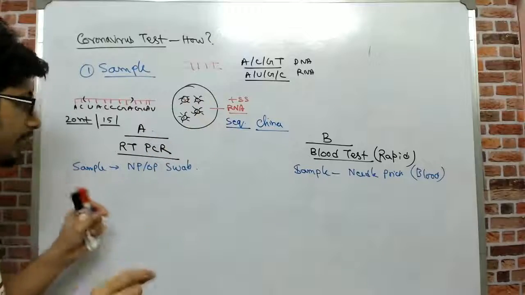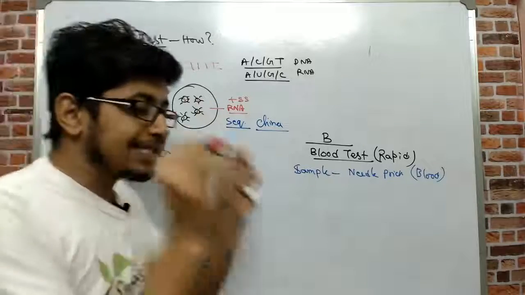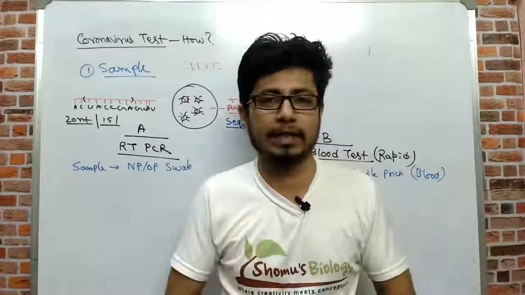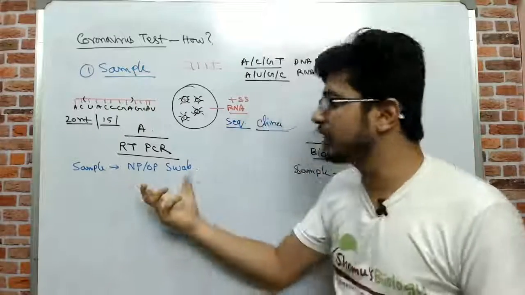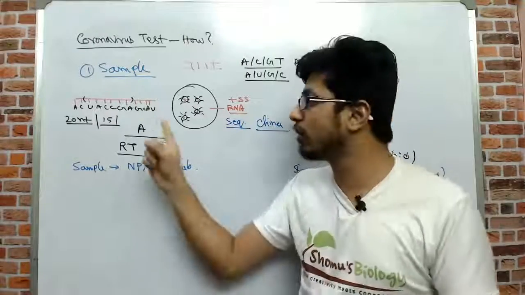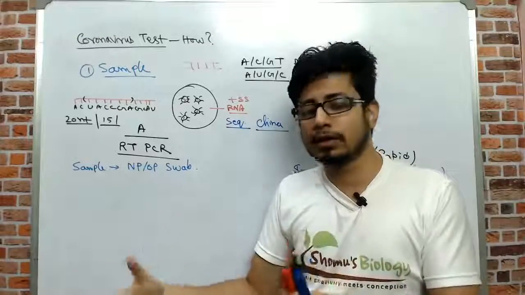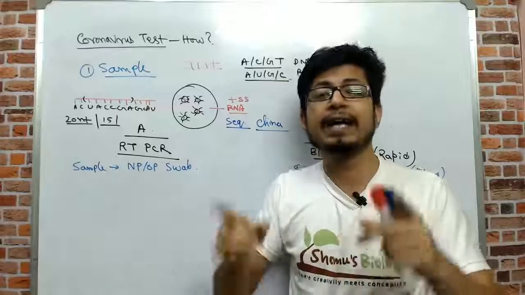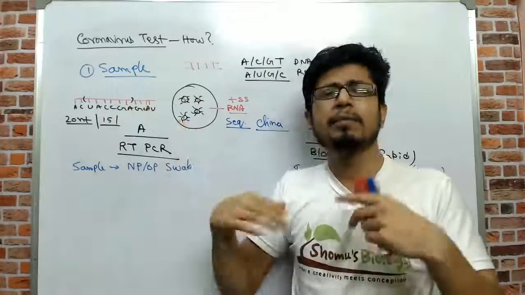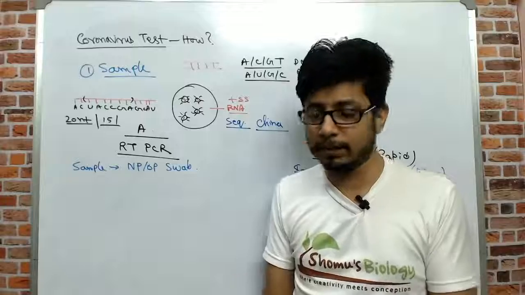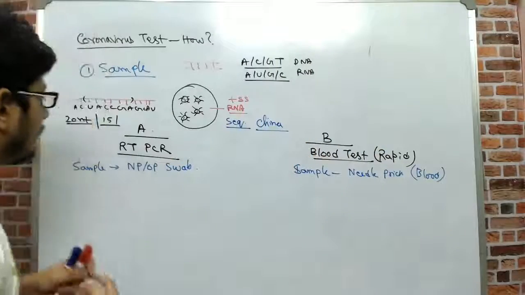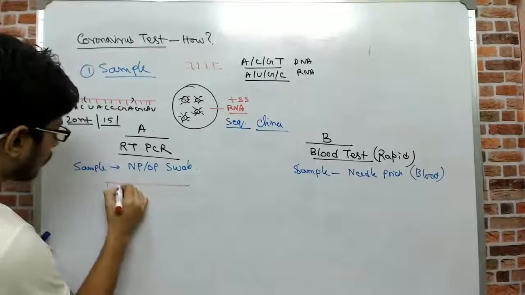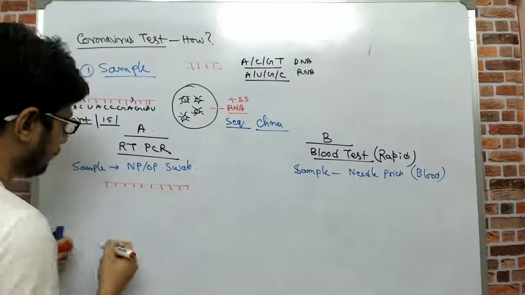So what we want to do is target that sequence, amplify that sequence, and make multiple copies of it. Now by definition, PCR will make multiple copies of DNA, but not of RNA. So this is another important task. If you have an RNA, you first need to convert that RNA into DNA, and then amplify that specific region of the sequence based on the type of kit that you have available. So the very first thing is that we have this RNA. Let me draw the RNA in red color. This is the RNA. The first thing we need to make is a DNA from the RNA.